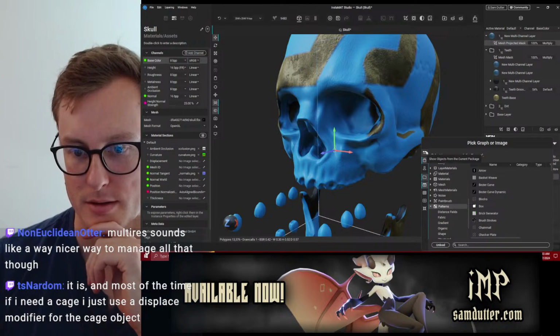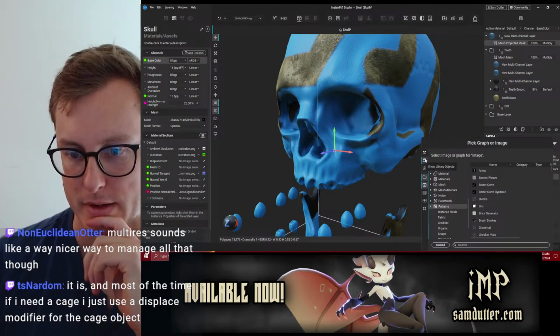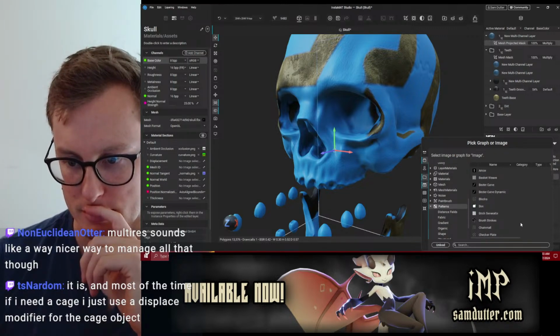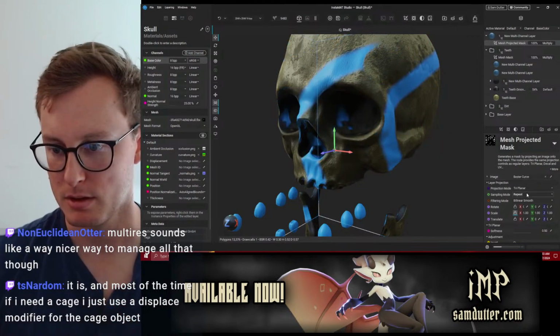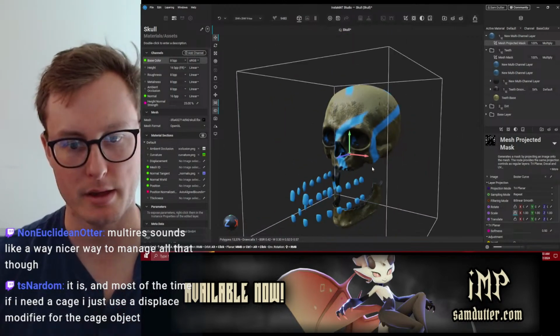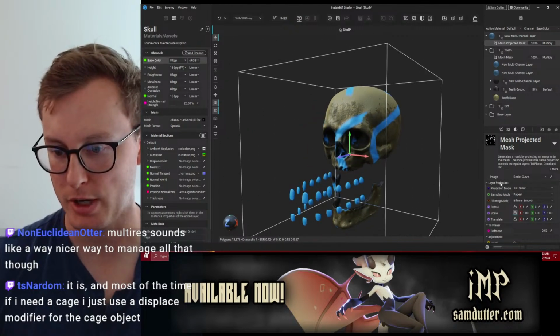I had the initial library objects. Okay, Bezier curve. And yeah, like I thought, it is a 2D image we're projecting.